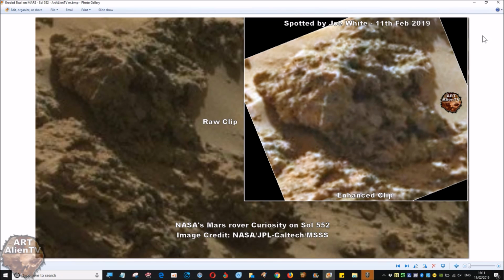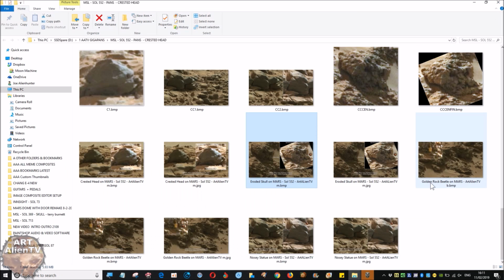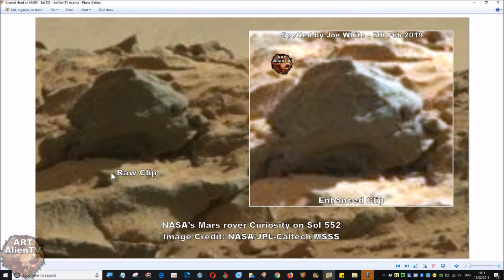There are many, many better examples than that I found recently and in the past. So I'll put clips of these in a minute at the end of the video as well, so you can have a proper look at these and pause and have a look and zoom in and take a screenshot if you like. There was also this one on the ridgeline at the back, which is rather odd,